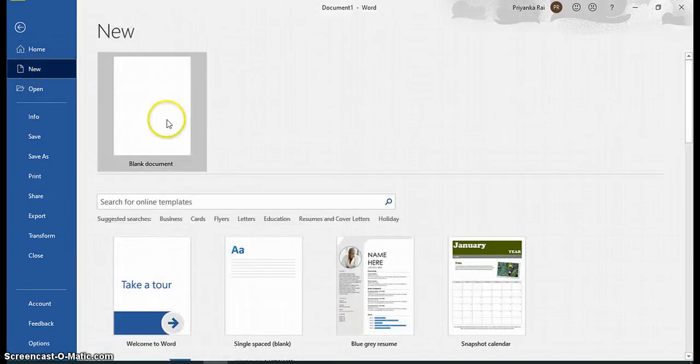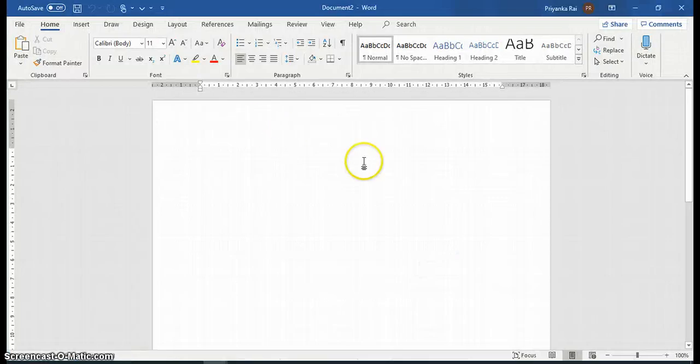So you will click on that, then you will click on blank document, and automatically a blank document opens. In a few versions of Microsoft Office, there's a create button. You have to click on the create button, and then the new Microsoft Word document opens.